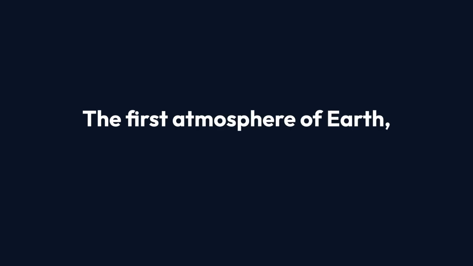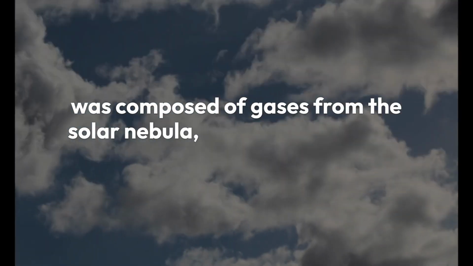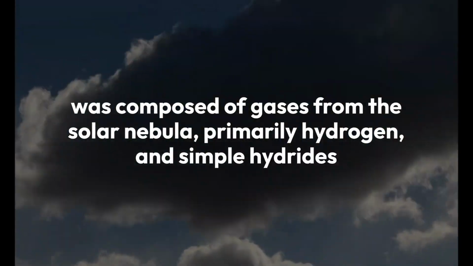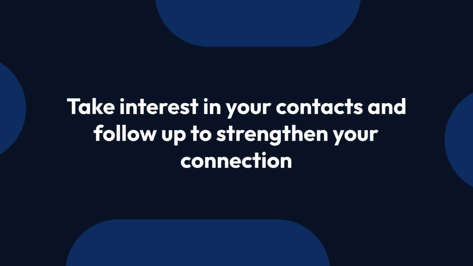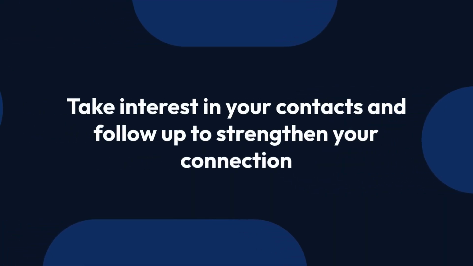The first atmosphere of Earth, during the Hadean Eon, was composed of gases from the solar nebula, primarily hydrogen, and simple hydrides like water vapor, methane, and ammonia. This era saw intense heating from the moon-forming collision with Theia and impacts from large meteorites, which drove off the